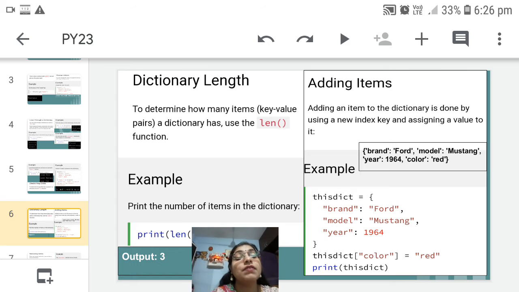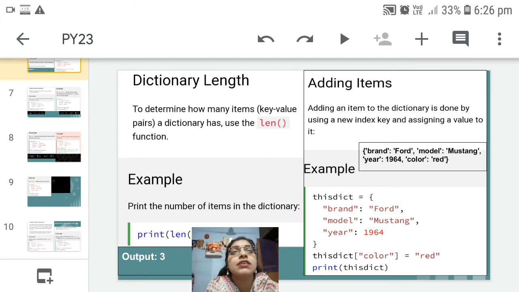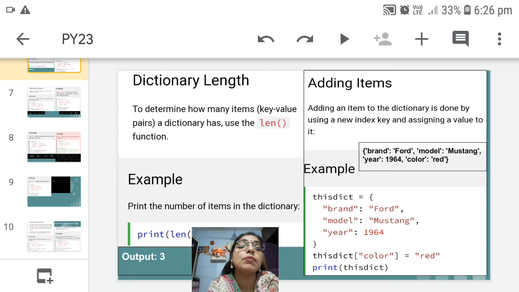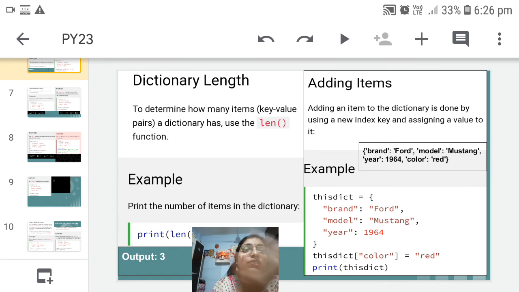Now we are going to start with the different methods which are available. The first method, which we have in string, list, and tuples also, is len. With the help of the len method, we can find out the number of key and value pairs present in our dictionary. We will take the first dictionary only. Just see the dictionary which is present in the second example, which has 3 elements.